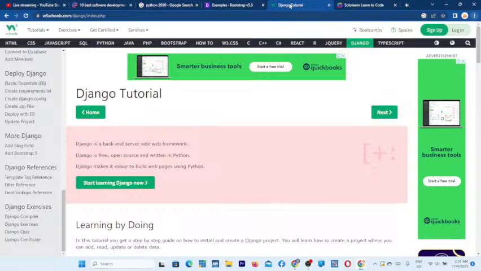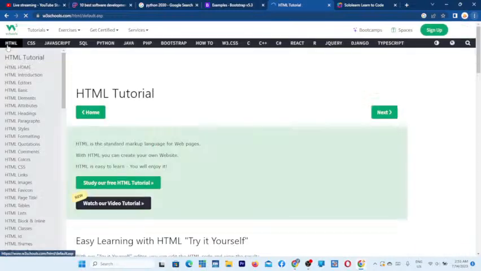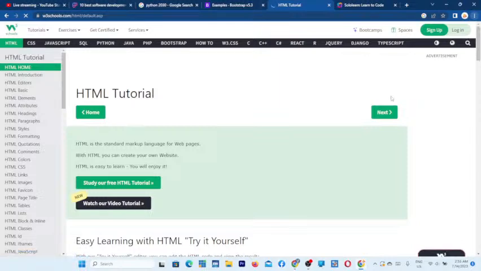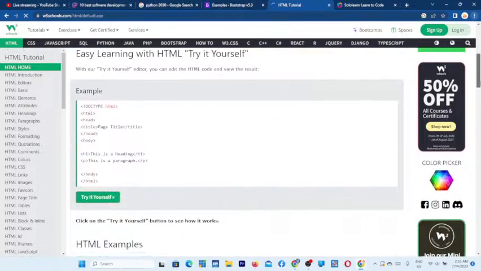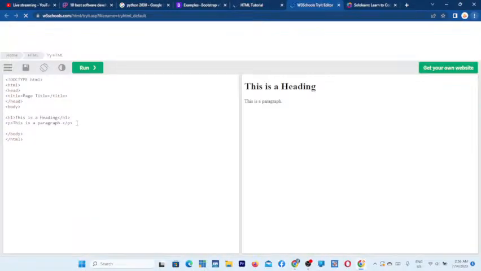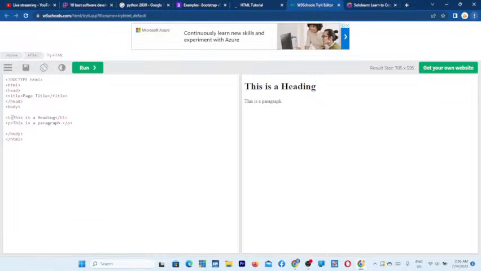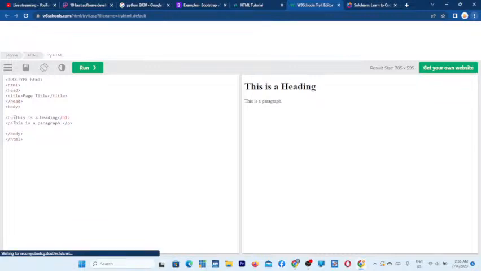And I recommend, if you're an absolute beginner, you can start learning HTML and understand the structures of code. And W3Schools gives a full introduction to everything. And one amazing thing I like about W3Schools also is that they have a free code editor, you can see here, that you can use to run the code by yourself. So you can see here, when you run the code, it will just display here, so you can make changes and it displays. For instance, if I change the value now to 6, okay, let me make it 5,